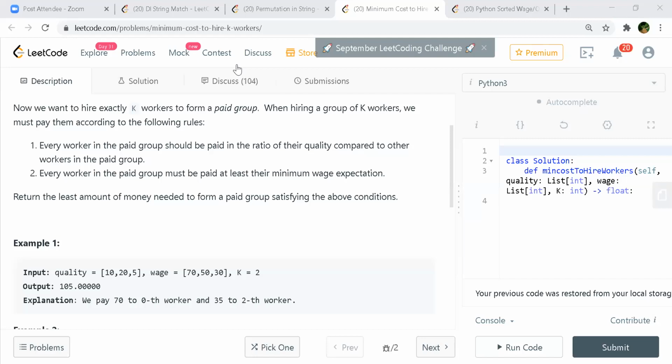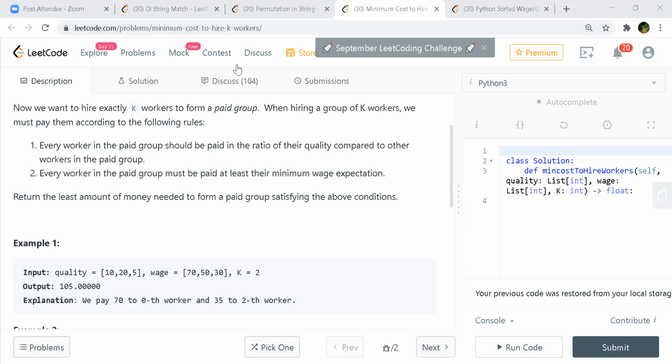No. Once you have the wage, like you start with your first worker and then you find out the wage for the second worker, that was 140, right? And for the first one it was 70. So we have two workers now, the cost would be like 70 and the other would be 140. As we go on, this array would keep on increasing. So what we do is we sort this array because we want the minimum wage, and then take the first k elements and then add those elements.